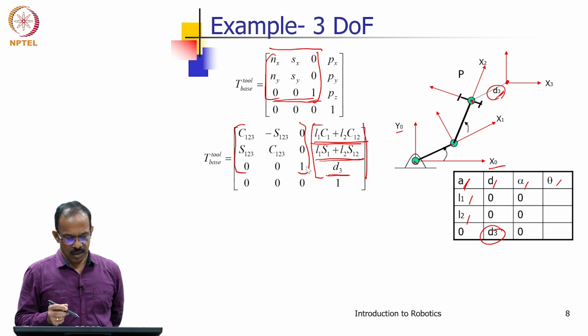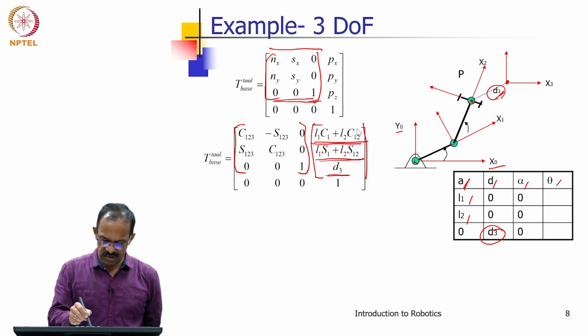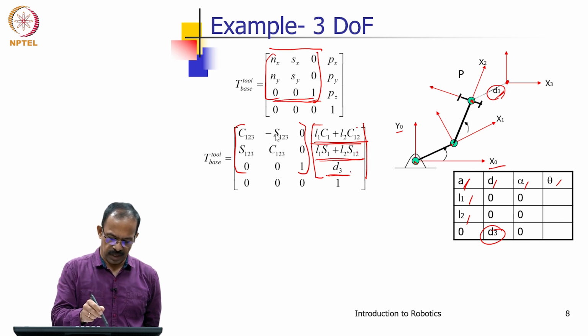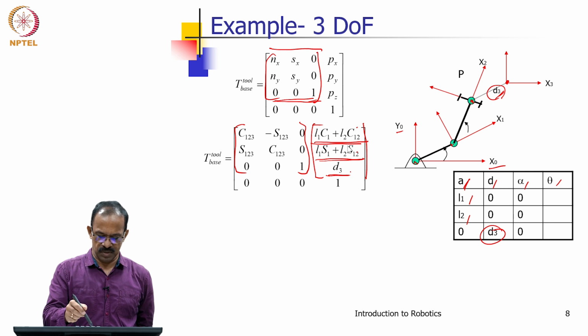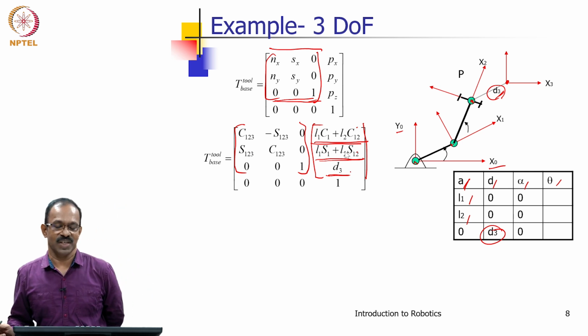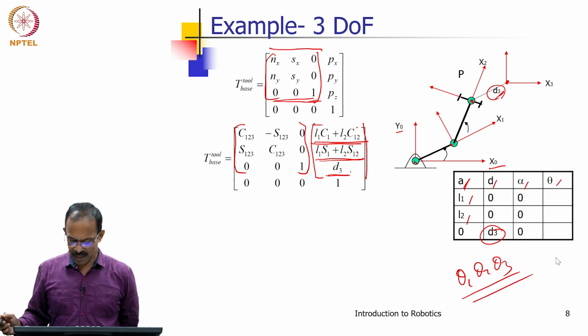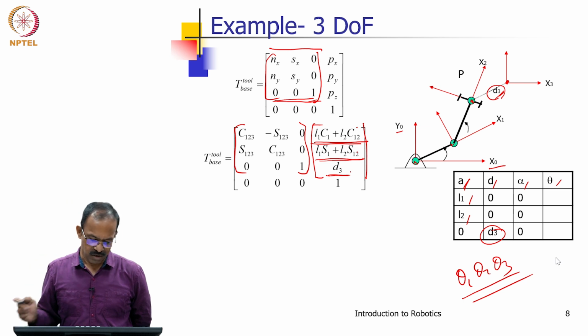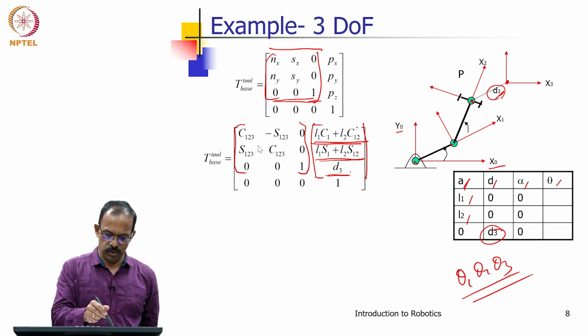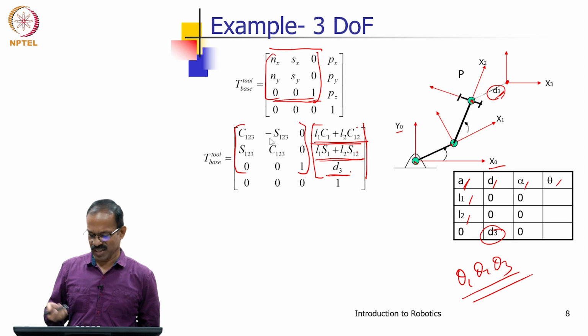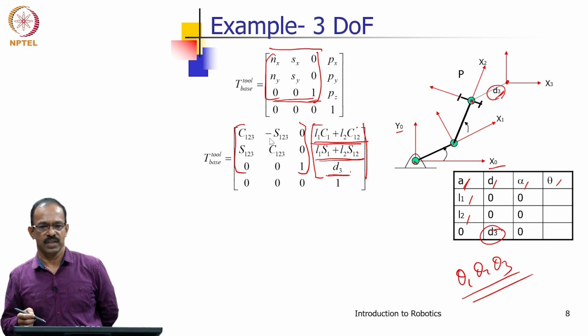Okay. And you have the 3 equations Px, Py, Pz and Nx, Ny, Sx, Sy. So, you have 4 plus 3, 7 equations. What you need to solve is theta 1, theta 2 and theta 3. So, you have these 3 equations plus 2 equations here. So, 5 equations are there, and you can actually solve it easily.